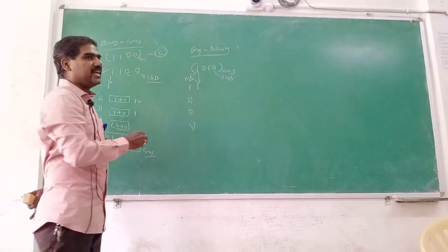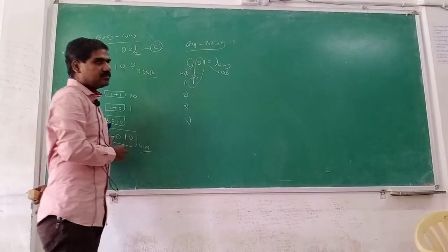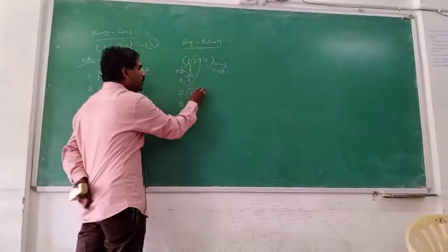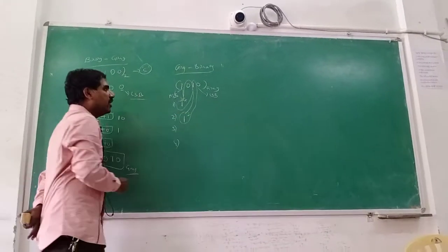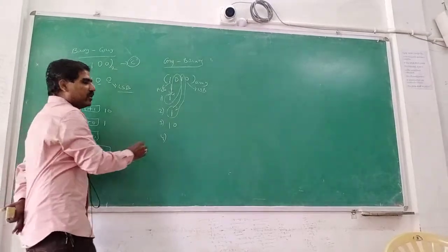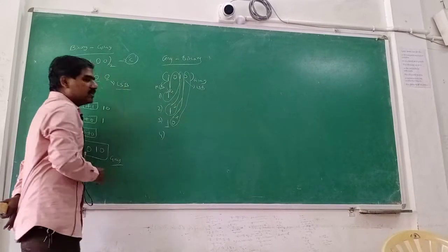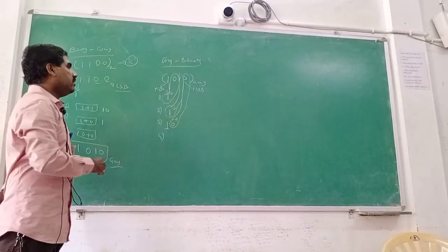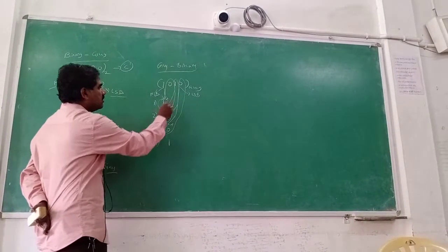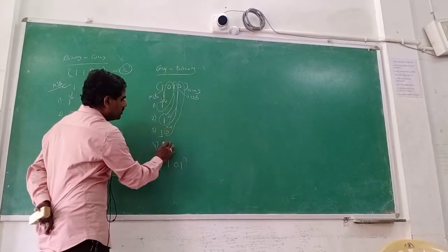In order to obtain the second bit, simply add the result of binary with the Gray code, 1 plus 0, nothing but 1. In order to obtain the third bit, simply add the result of binary with the Gray code. Now 1 plus 1, 0 with carry 1. In this we have to leave the carry. Again we add the sum to the third bit of Gray code, 0 plus 0, nothing but 0. 1 1 0 0.